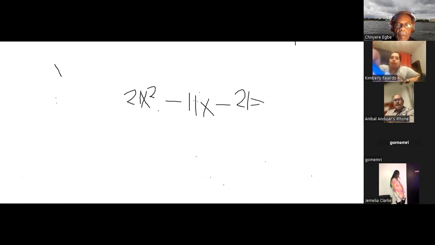Okay, so this is the equivalent of ax squared plus bx plus c is equal to 0. So the general formula for solving a quadratic without factorization